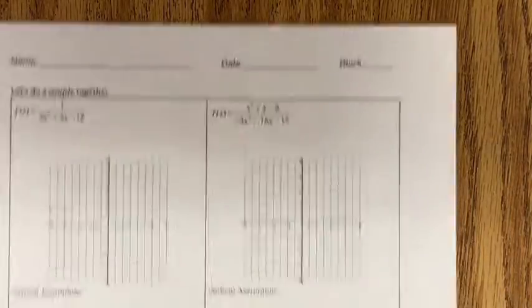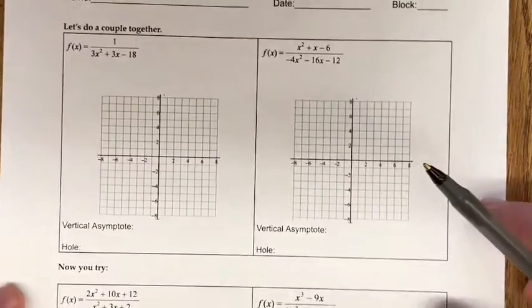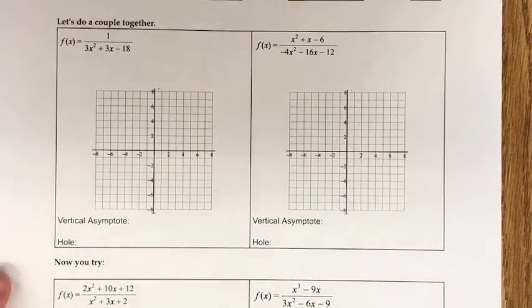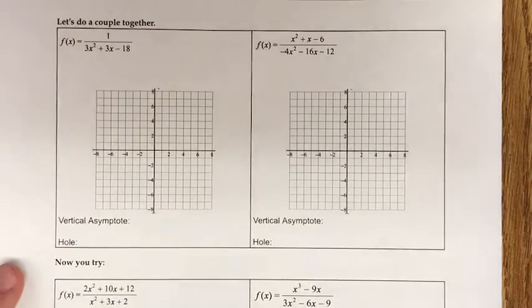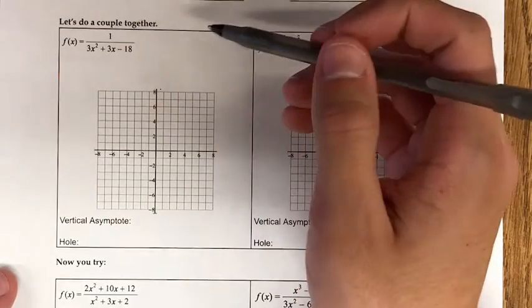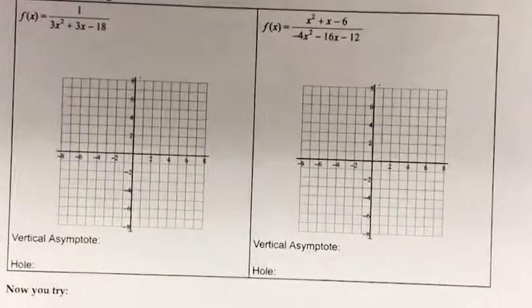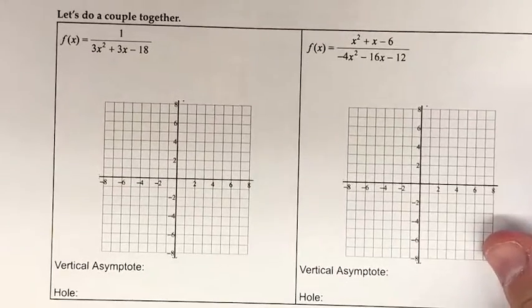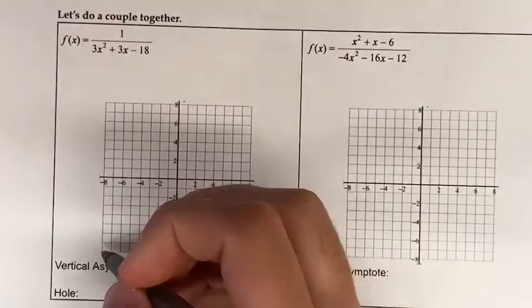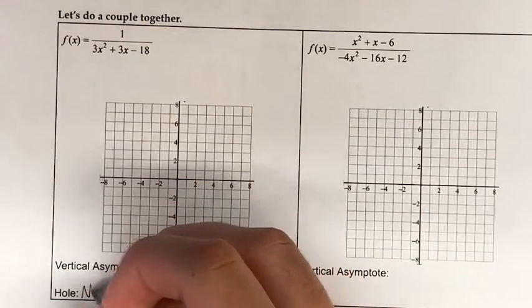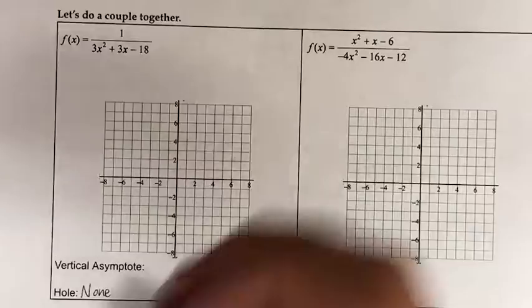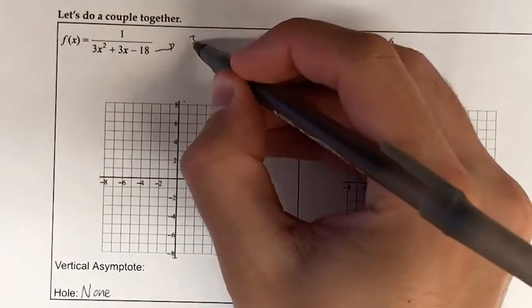Okay. So we're going to put those processes, those skills together here. So to begin, we first look top to bottom. Is there anything we can cancel here? In this case, the answer is no. There's nothing you can cancel, so there won't be any holes. So I'm just going to put none. For your vertical asymptotes, you set the denominator